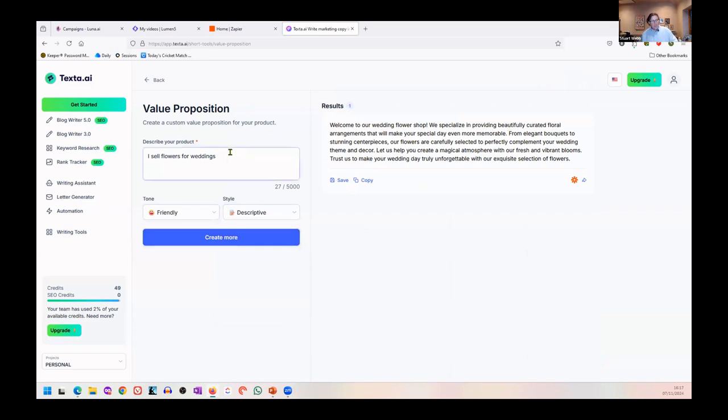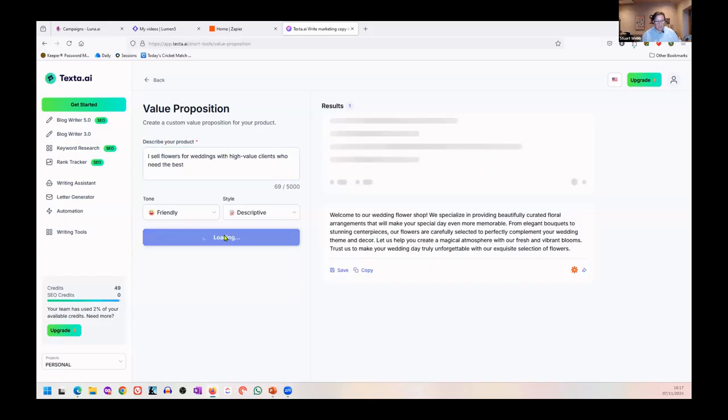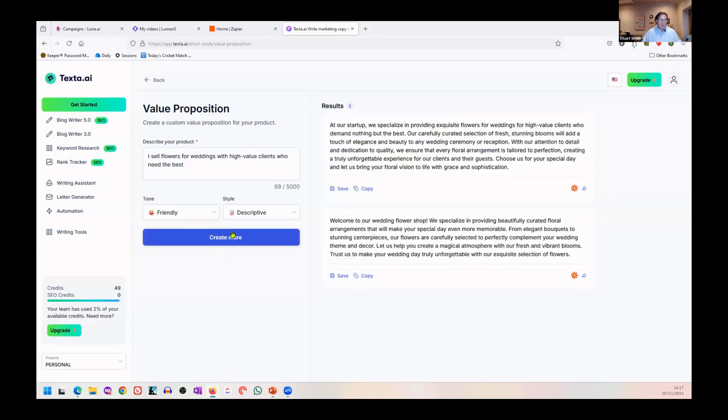Now, obviously, if I want to put in a bit more information, I want to say, for high value... Now, once again, I've got more specific because, as I said, if you don't go into the specifics, you get generic results. So now I've got much more information that I'm able to use to target the person. So I've got 5,000 characters that I can put into this tool and generate much more detail if I've got